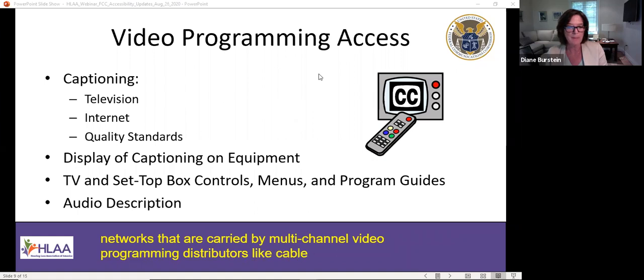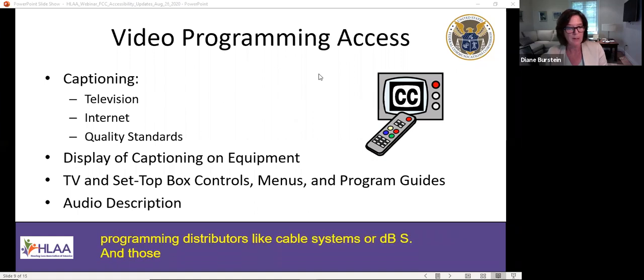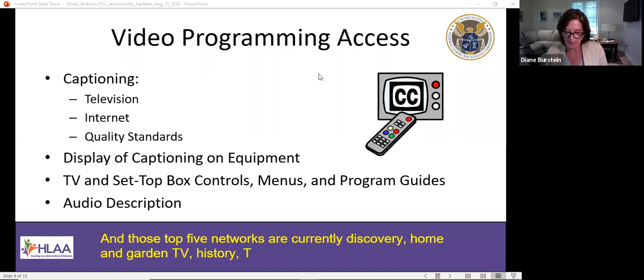And those top 5 networks are currently Discovery, Home and Garden TV, History, TBS, and USA.